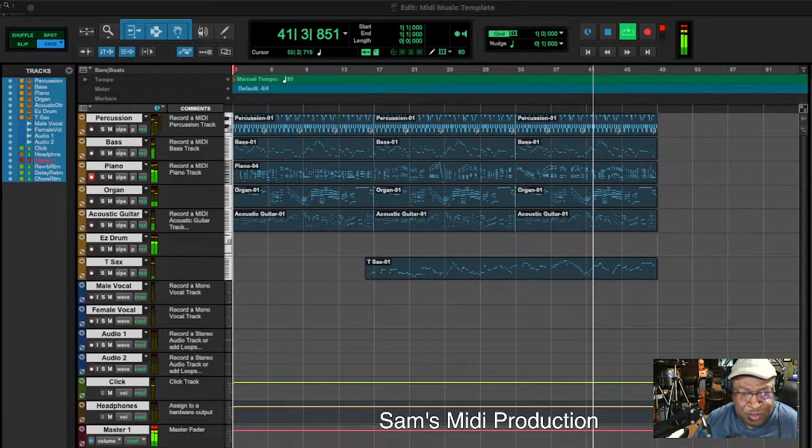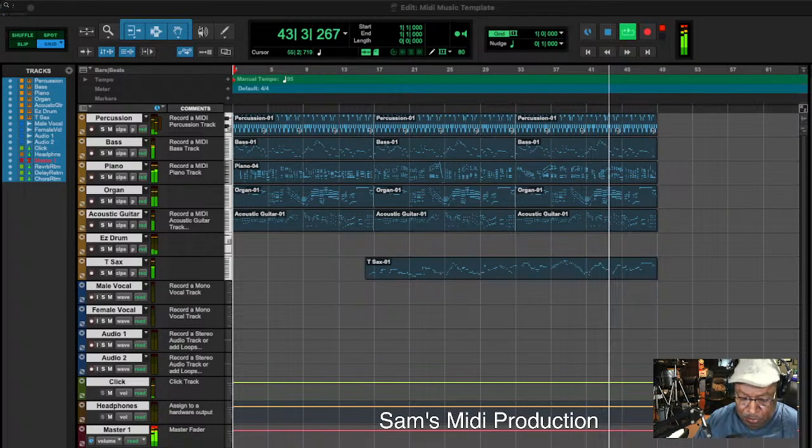When I bought my first Apple, I bought it expressly for Pro Tools. The Logic Pro was